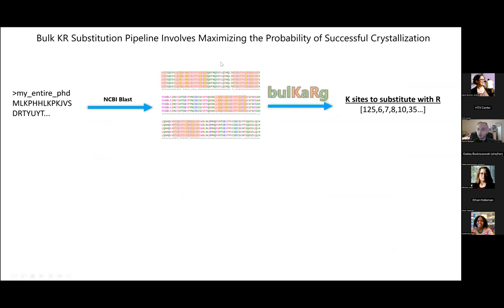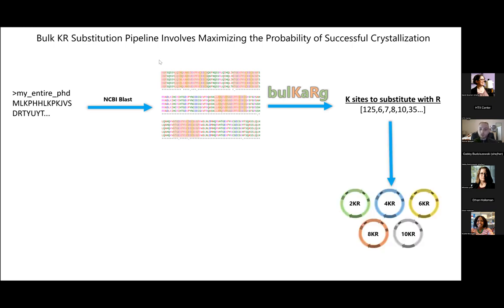Next you feed it into the program, and the program spits out the sites of lysine you should substitute first, and then the sites of lysine you shouldn't touch. So site 125 is the best one to substitute first, then 6, then 7, and so on and so forth. And then what you want to do is take those lysine sites and substitute them with arginine,